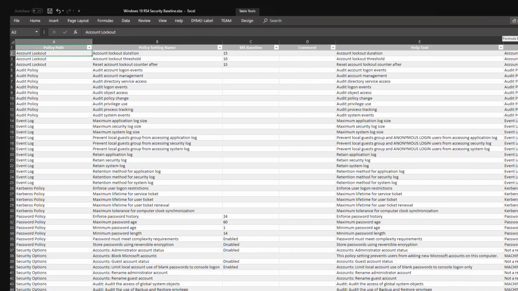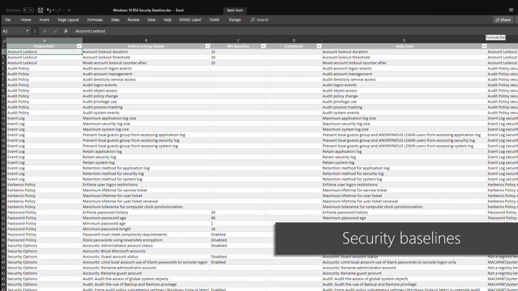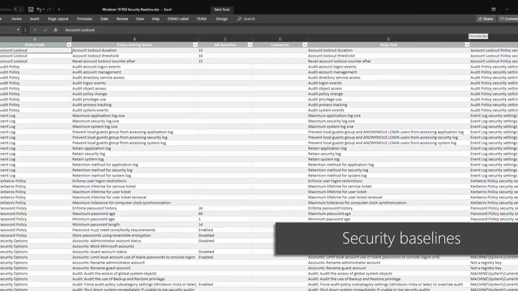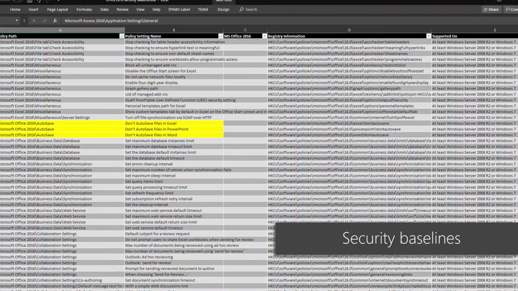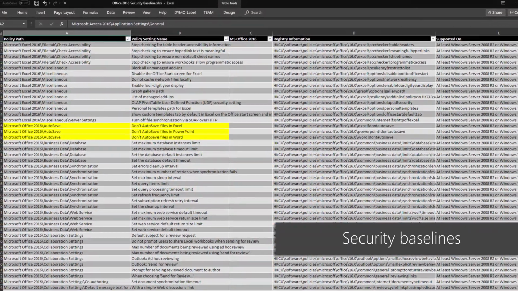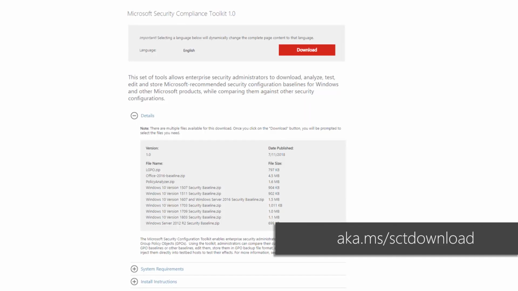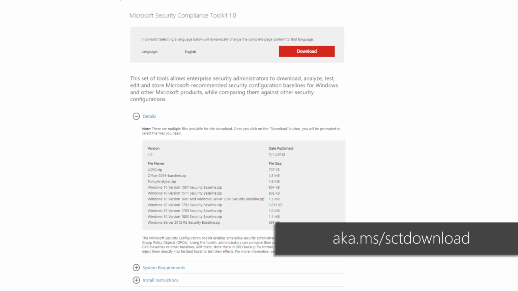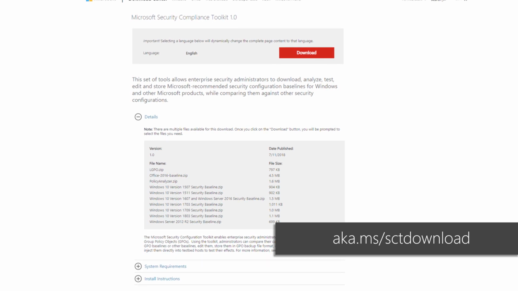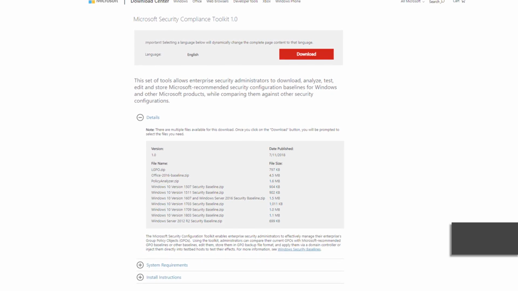So now, let's look at security policies. One important tip here: your group policy settings used for older versions of Windows and Office might not translate directly to Windows 10 and Office 365 Pro Plus. And there are different considerations with newer security and compliance capabilities. So it's a good idea to use the Microsoft Security and Compliance Toolkit to get a baseline of the security policies for current versions of Windows and Office.